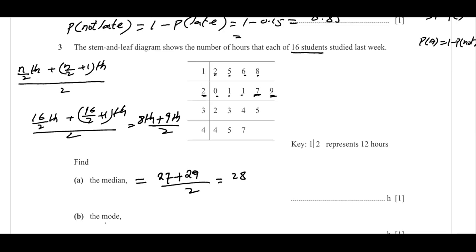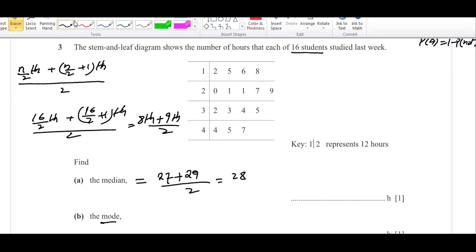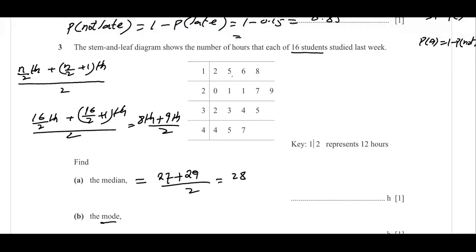Then next, find the mode of the data. Mode is the most repeated value. In case of a stem and leaf diagram, how do we find the mode? To find the mode, look in any row for which number is repeated more. In this row, no number is repeated. In this one, 2 is repeated 2 times. Any other? No. So in any row, which number is repeated more? 1. If I write it with its stem, it becomes 21. So 21 is the mode, because this is the most repeated value.